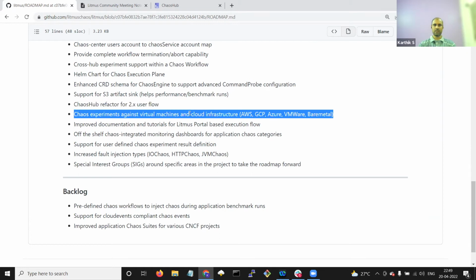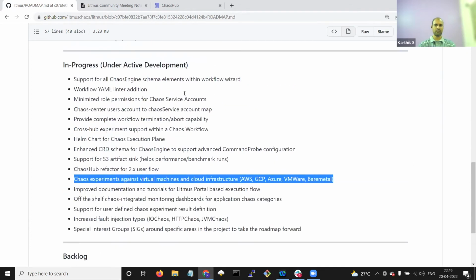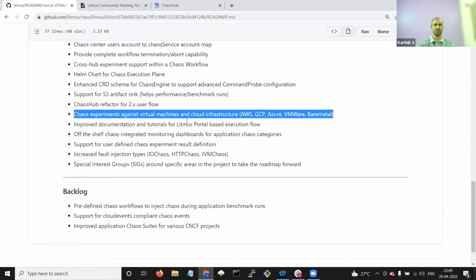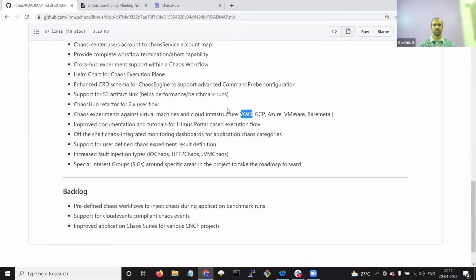The next one is a long pending item. I think this is going to stay under development or in the backlog for quite some time, because there's a lot of scope here for us to cover, and this is true for all the tools in the chaos community. Adding more experiments for the non-Kubernetes targets, so to say: virtual machines, cloud infrastructure, and that would span across different providers like AWS, GCP, Azure, VMware. A lot of bare metal use cases are coming up as well. So support for those components is something that we've been working on adding,